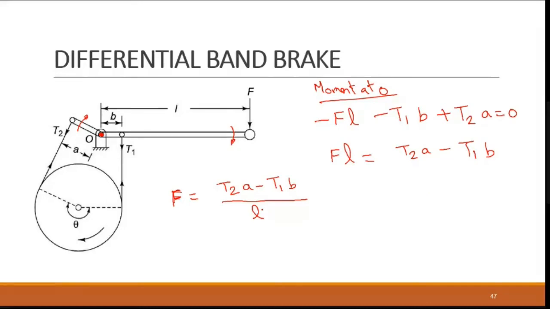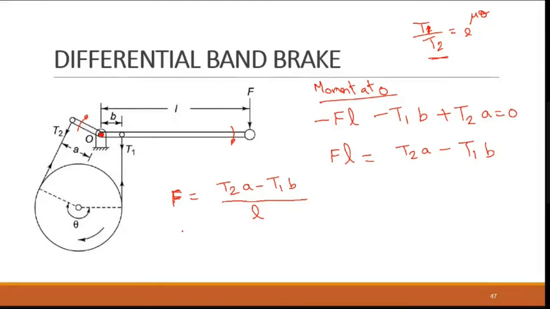Of course, this formula is common since it is a belt drive. You will have this formula: T1 by T2 is equal to e power mu theta, where T1 is your tight side and T2 is your slack side. So that is the common term. So you will be having this also. But here, your force is something like this.